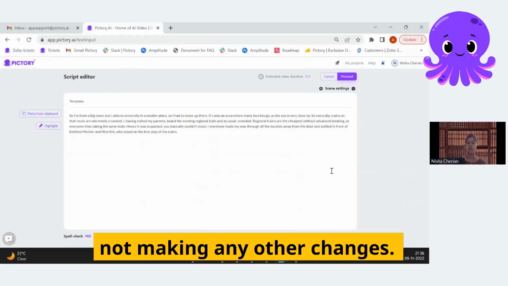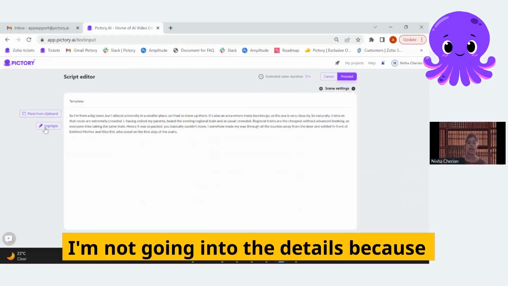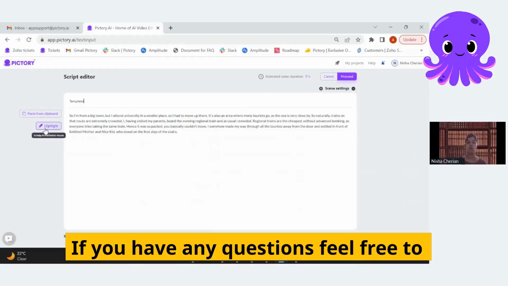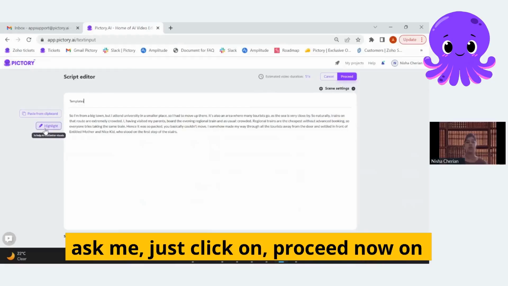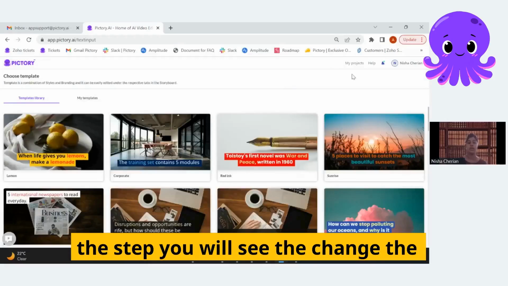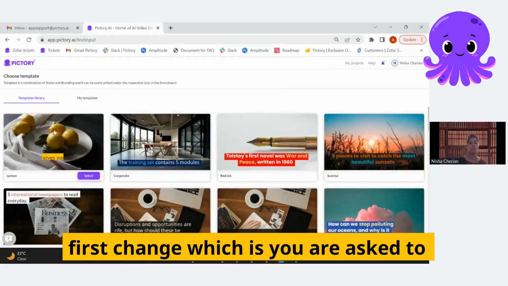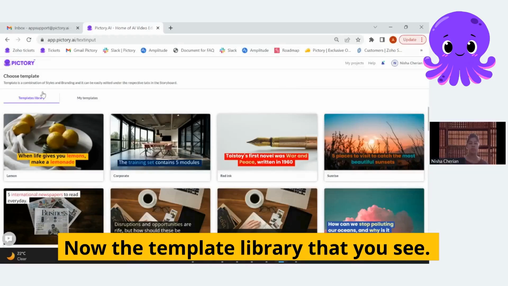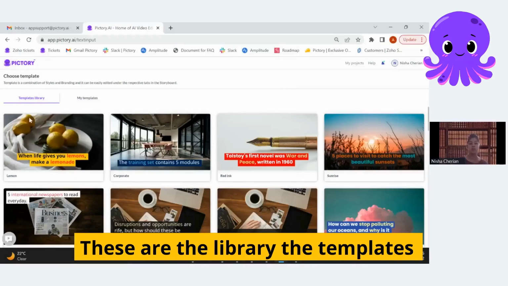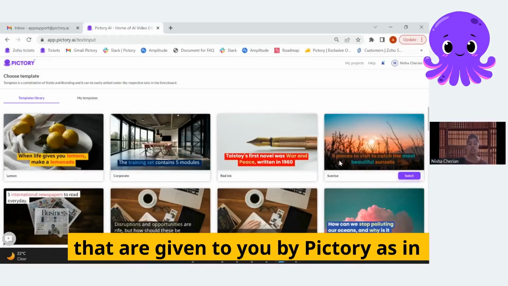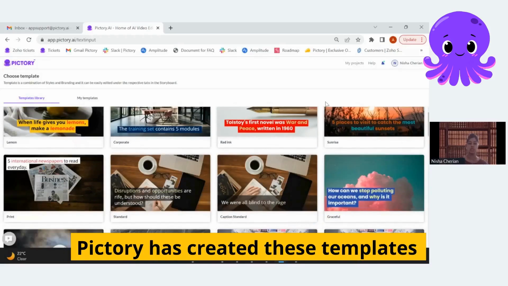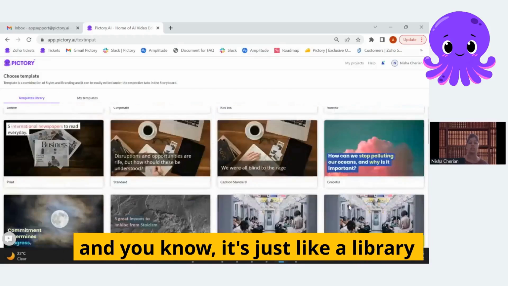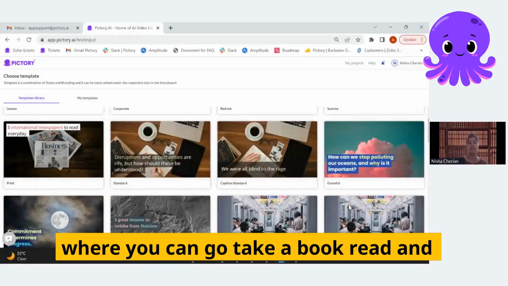Now, I'm not making any other changes. I'm not going into the details because we have already done this. If you have any questions, feel free to ask me. I'll just click on proceed. Now, on this step, you will see the first change, which is you are asked to choose a template here. Now, the template library that you see, these are the templates that are given to you by Pictory, as in Pictory has created these templates, and it's just like a library where you can go take a book,